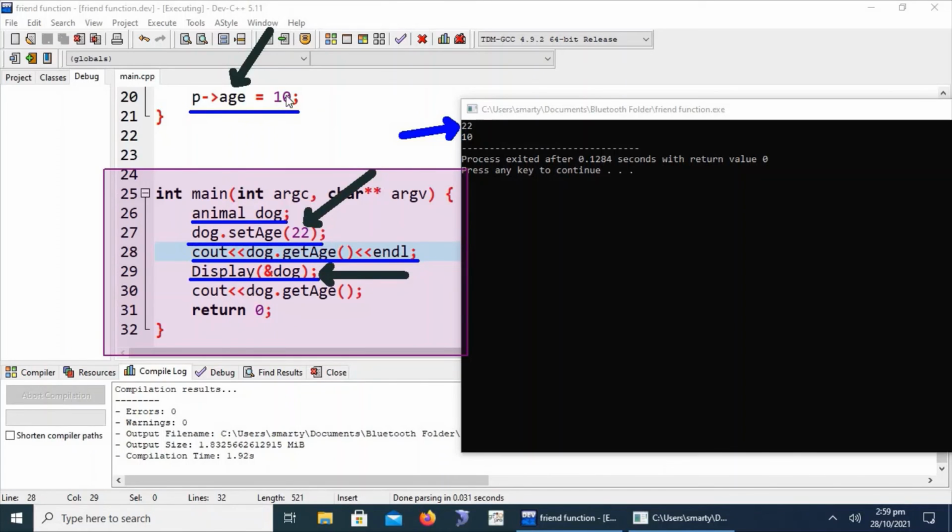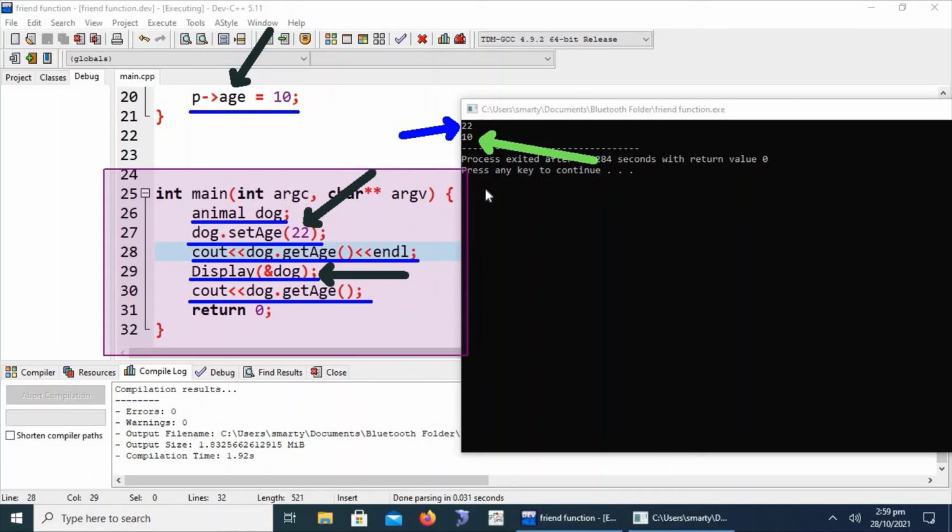After changing the value of the object dog, or accessing its private data member age, we are again going to display the age of the object called dog, and we see that it is changed successfully to 10.